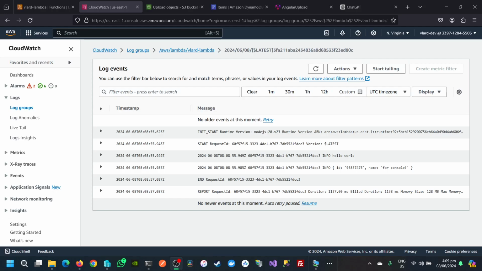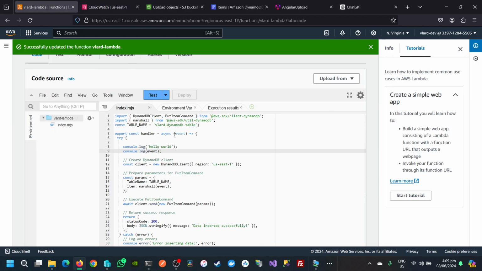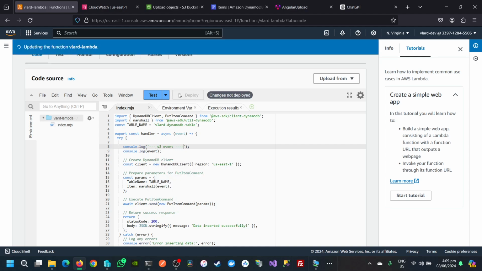Okay, we're recording this at 4 p.m. on the 8th of June 2024, where we are trying to log the event if this is going to be triggered by an S3 event. So we're going to change this to S3 event. We're going to deploy this,